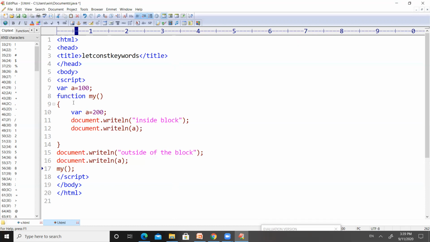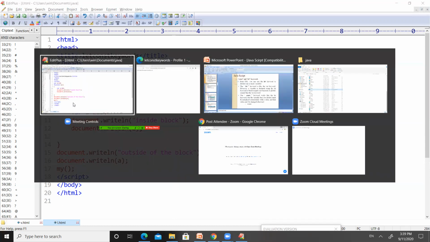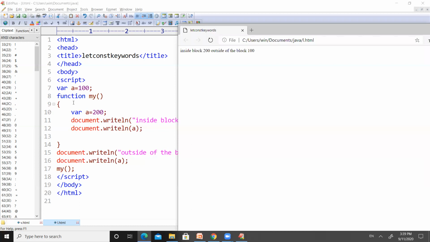So now the value will be different. Inside the function it will be 200, and outside of the function it will be 100. Please observe. Make a refresh here. So outside of the block it is 100, inside of the block is 200.